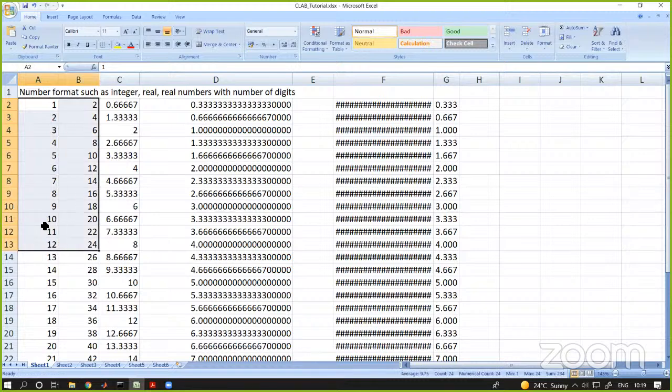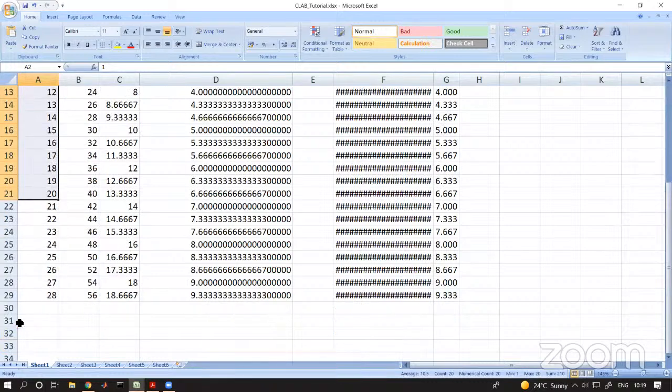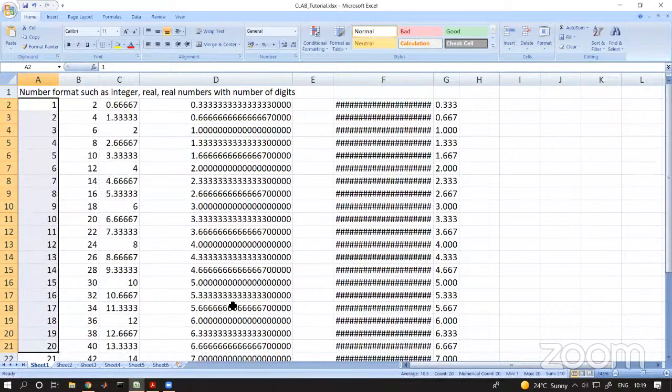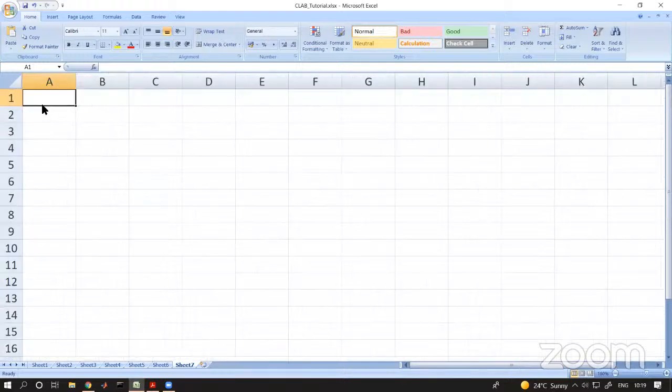Instead of typing, you can also use it in such a way here. I will show you as an example, maybe in the same column, not an issue. How can you type? Let us type 1. Let us type 2. Okay. To enter the numbers sequentially, one after the other,